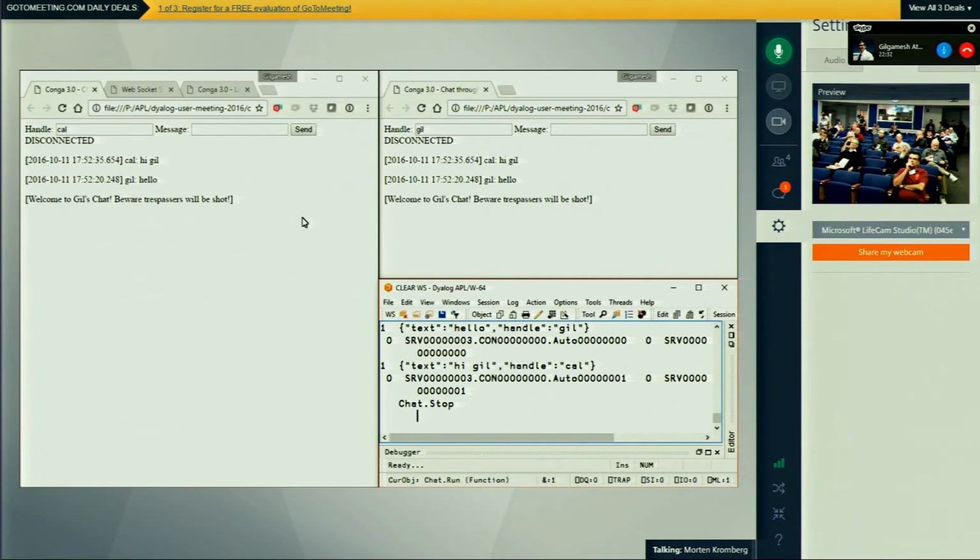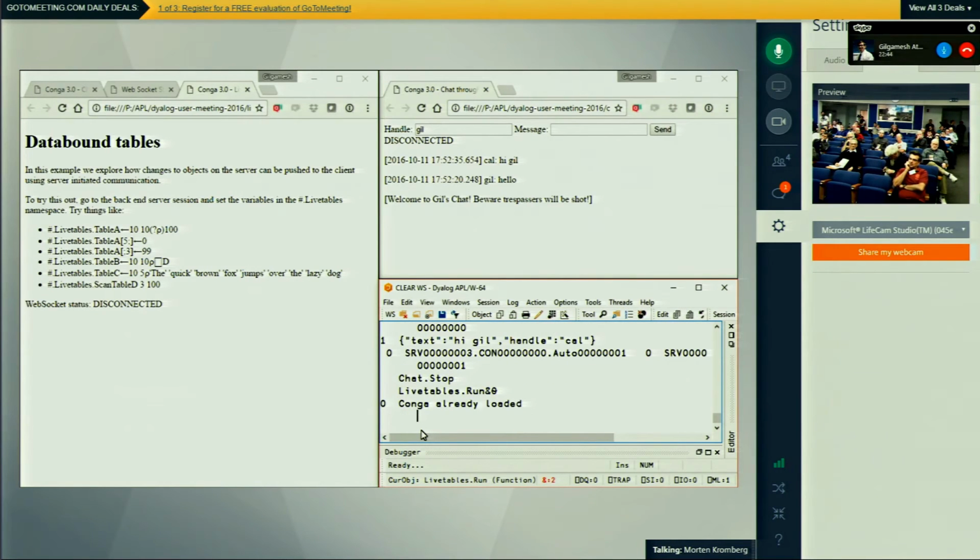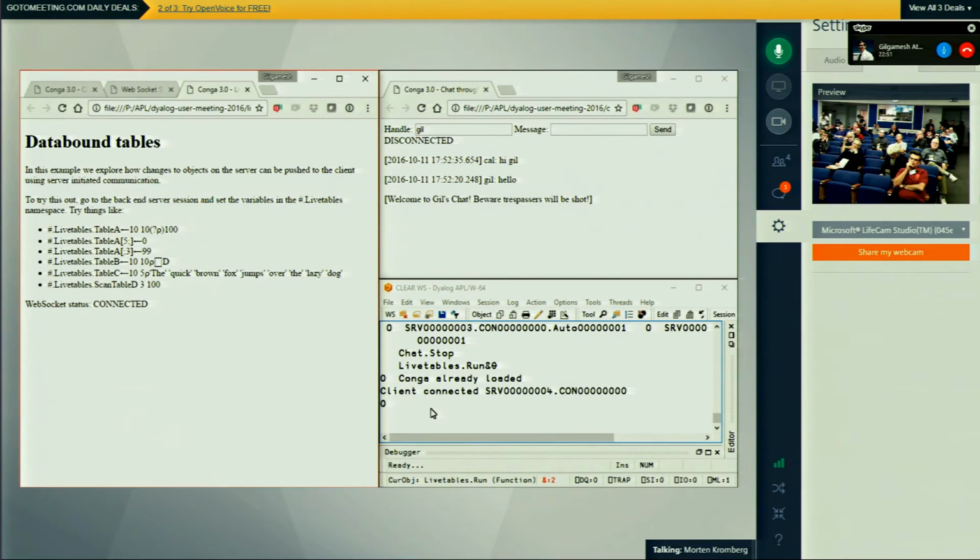We can take a look at another example. This is the live tables sample, which, if you've been to Swed APL, you'll recognize is the same sample I demonstrated last year. And if we refresh this one, we've got it connected.